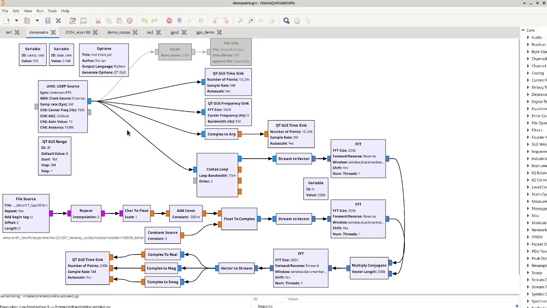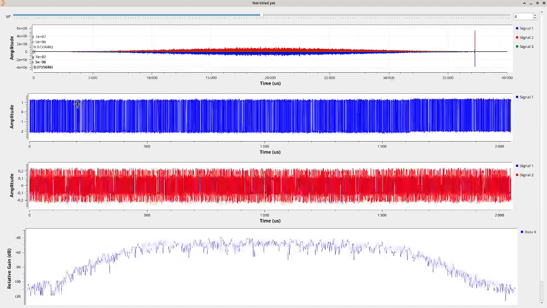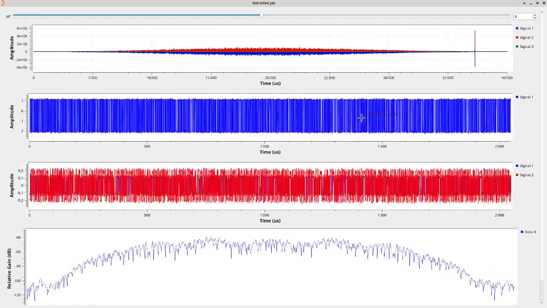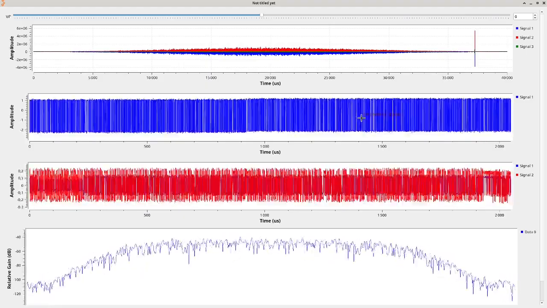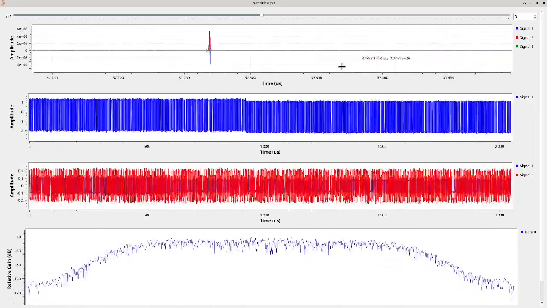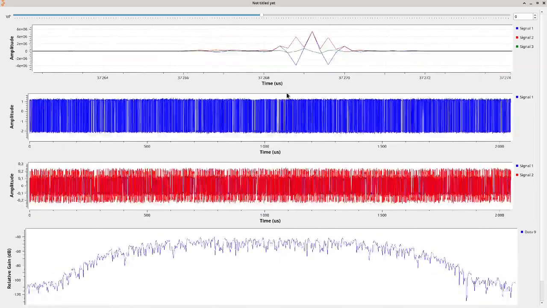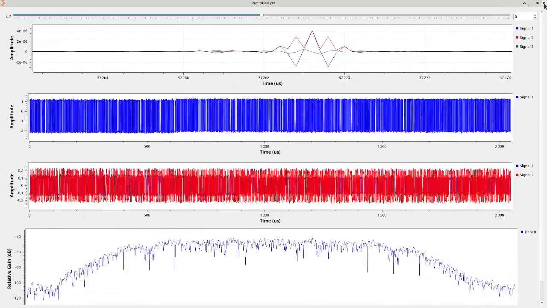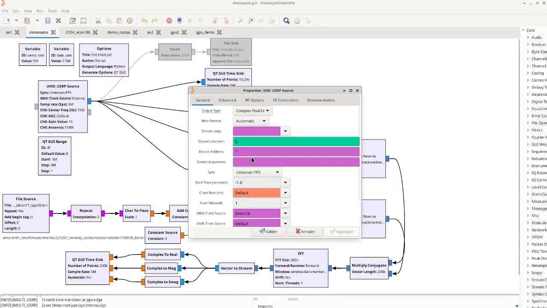If we now first start with an external clock on the B210, we see that the phase is flat, meaning that there is no frequency difference between the two generators, and the correlation peak, which is the output of the inverse Fourier transform, is static, is not moving. If, on the other hand, we use the internal clock of the B210,